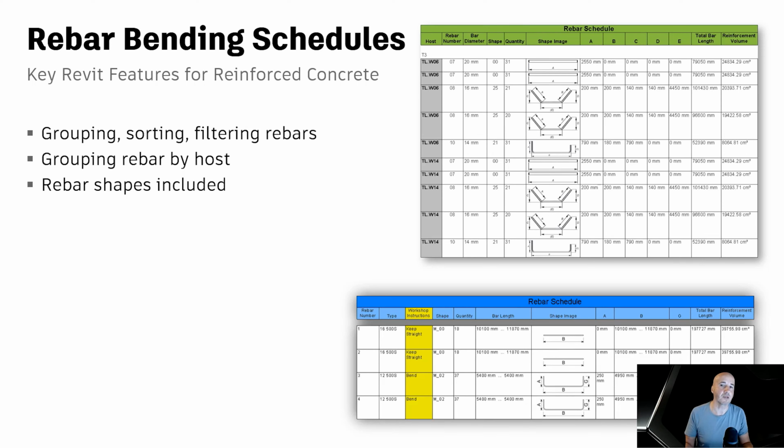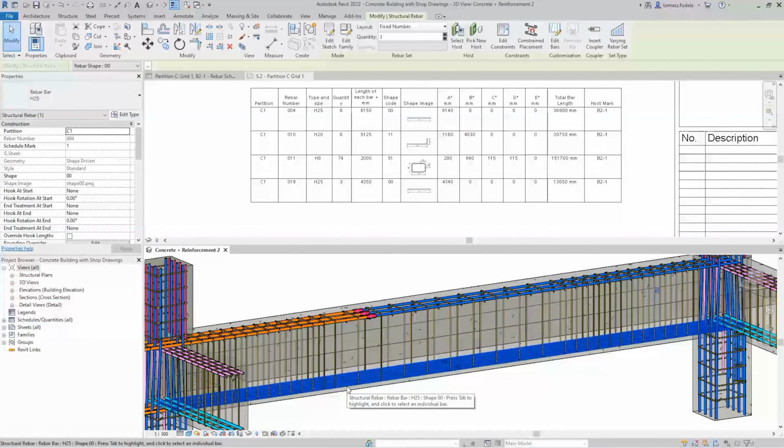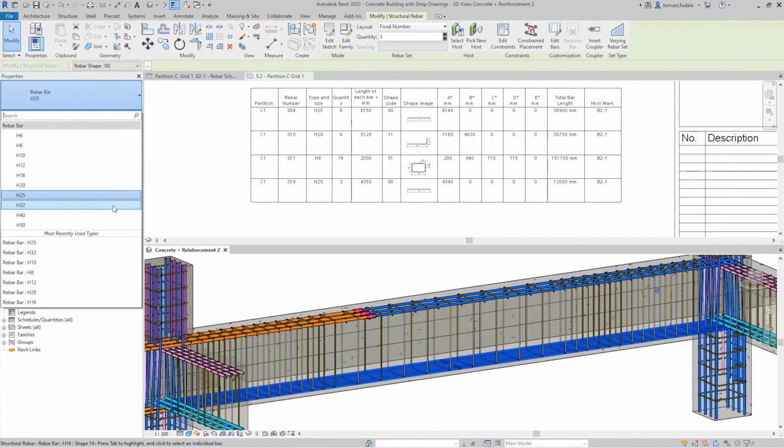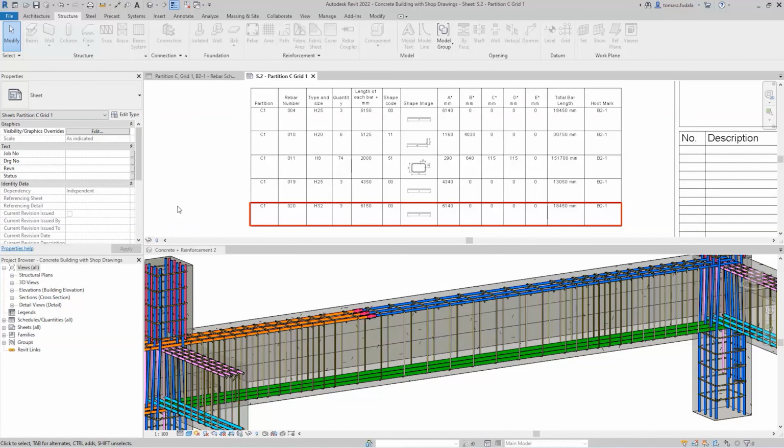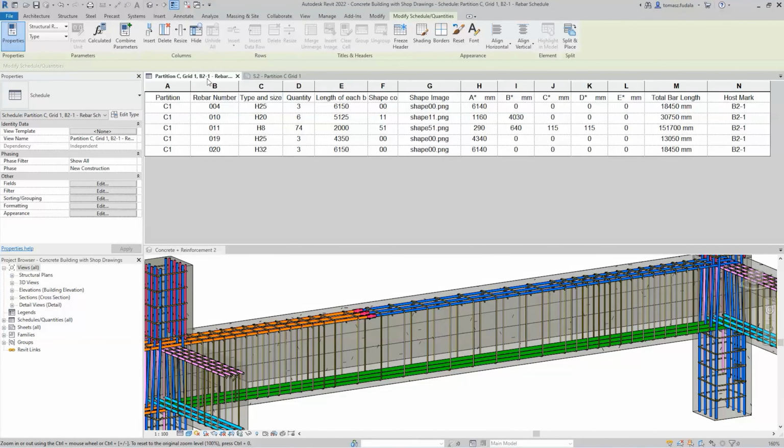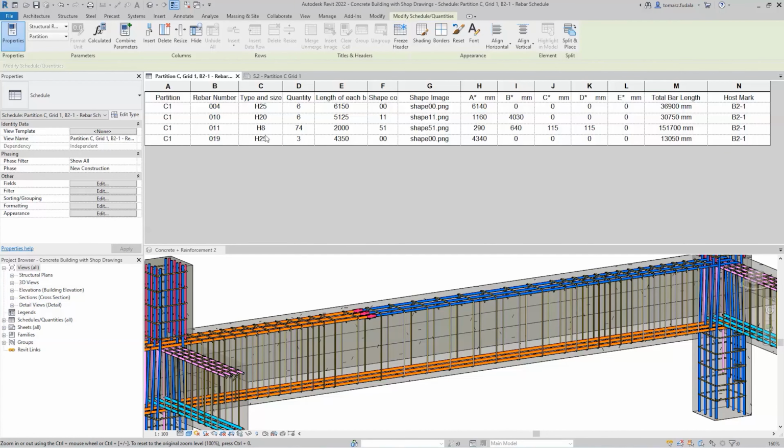Once your parameters are in place, your Revit rebar schedule will list all structural rebars in your project. Then you can easily group, filter, sort all data in your rebar bending schedules. Schedules are fully customizable, so you can adjust them according to your local standards. In Revit, your schedules are always up to date. Moreover, you can modify your models through these schedules. You choose how to most effectively manage your model data. There are many more powerful rebar functionalities I simply don't have time to cover during this class.